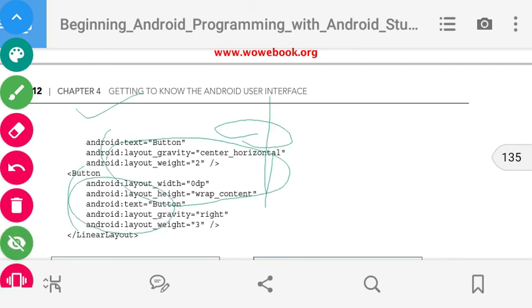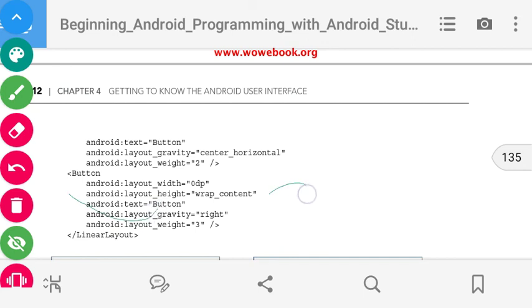This is the coding for the button element, which is also added inside linear layout. So there are three buttons in this code. The right side of the diagram is the output for this coding.